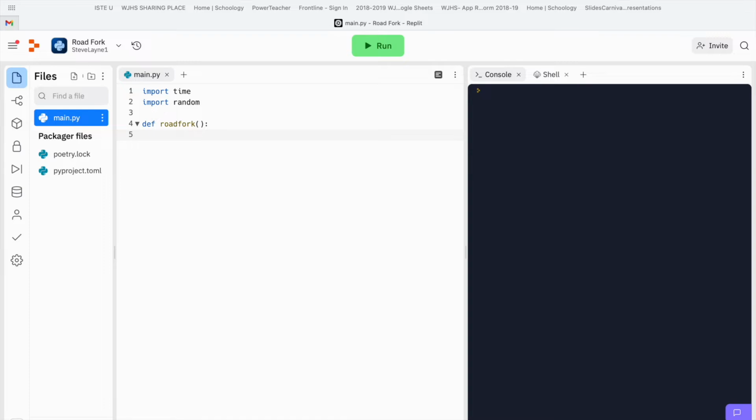So first thing we're going to do is create a variable with a blank string, and then we're going to come down, and you can do it wherever you want. I just like to create a little bit of space. So while fork doesn't equal 1, and fork doesn't equal 2,